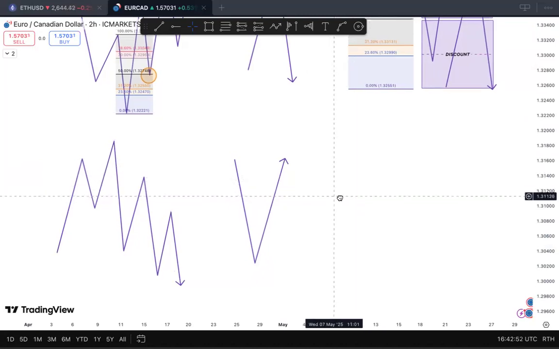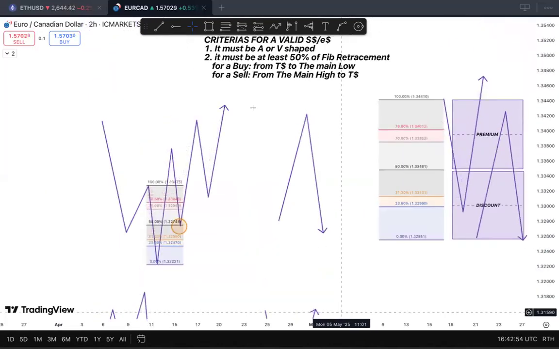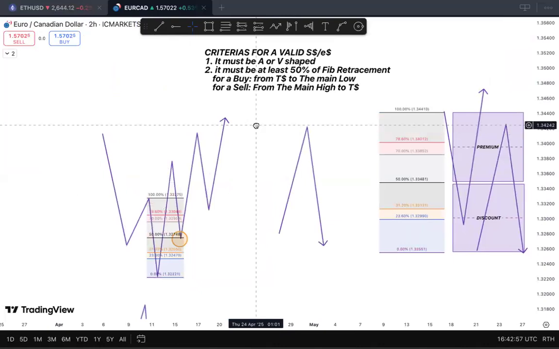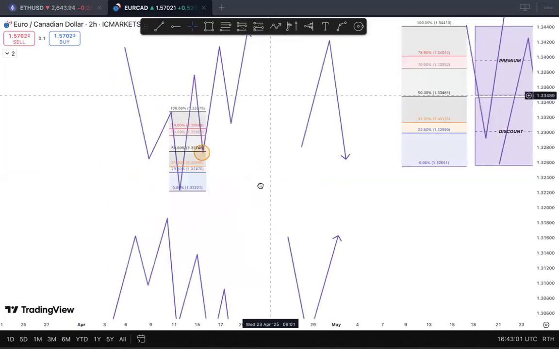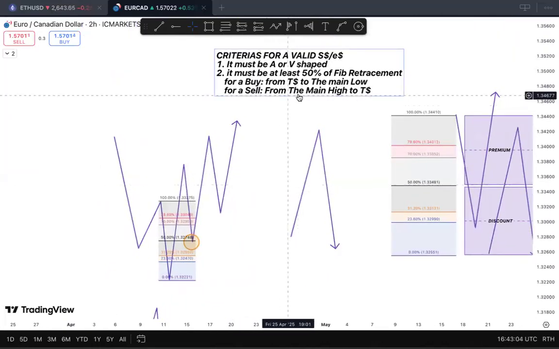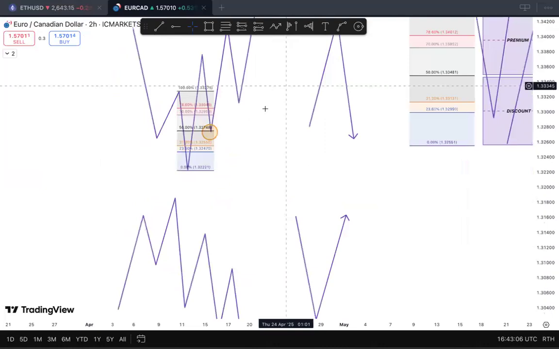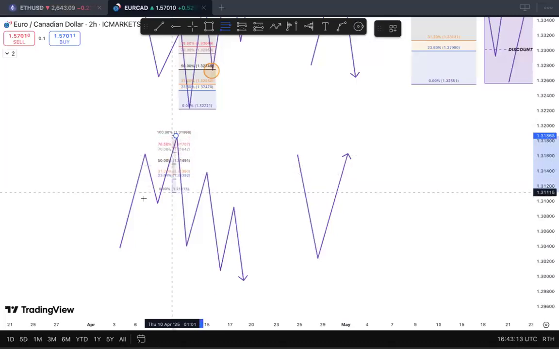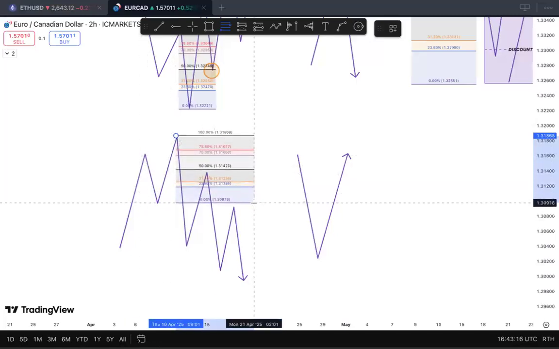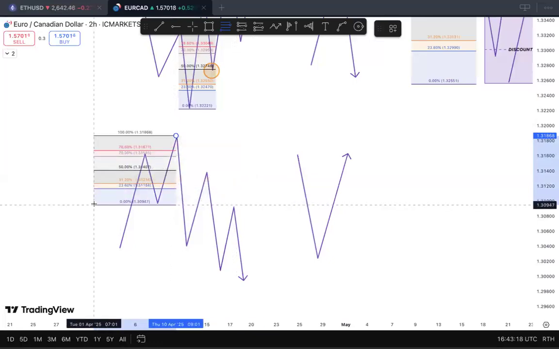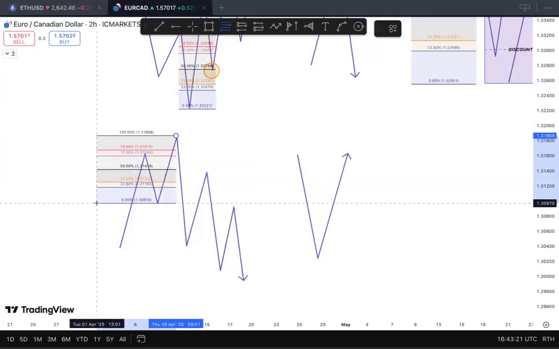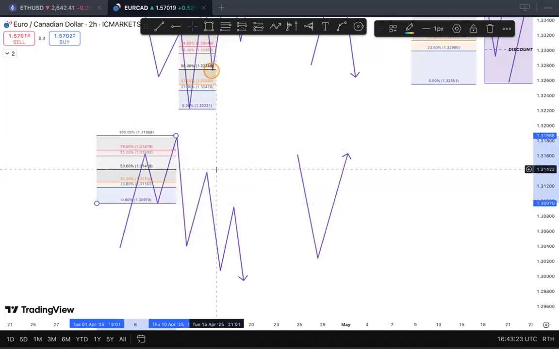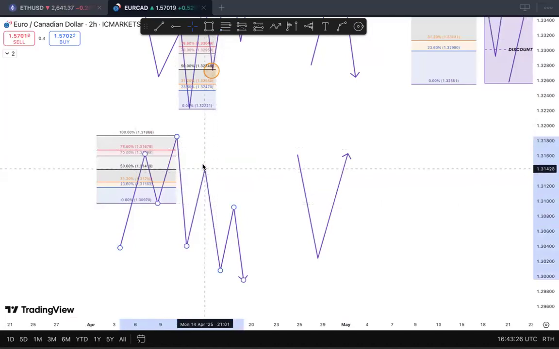So what happens? The second rule says it must be at least 50% of fib retracement. Now, this is a sell structure. So what are you looking for? For a sell, you measure from the main high to the transactional liquidity. So this is what you do. You take your fib tool, measure from the high to what? Let's keep it here. Okay, so can you see that? It must be 50 or